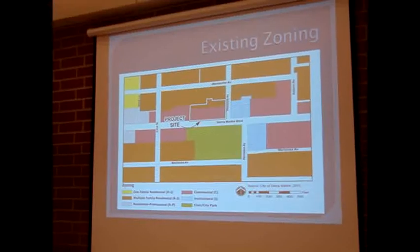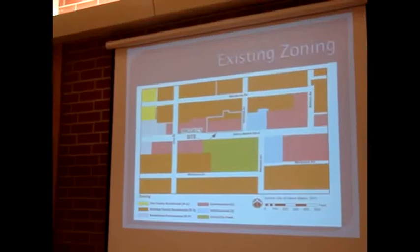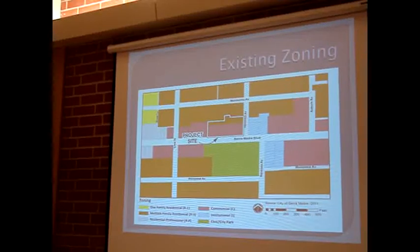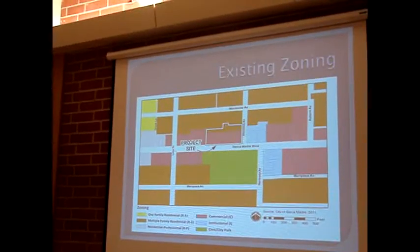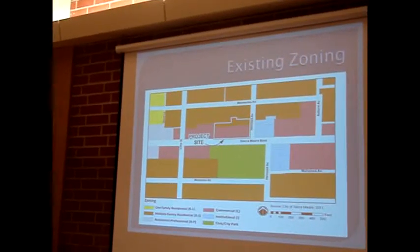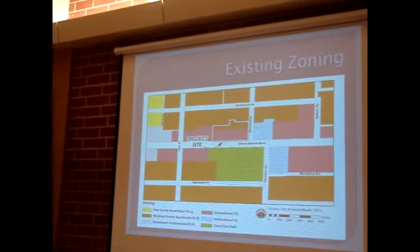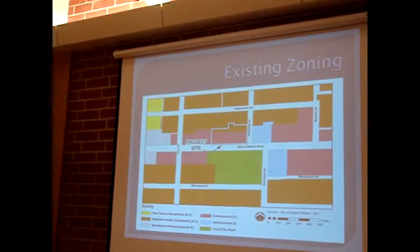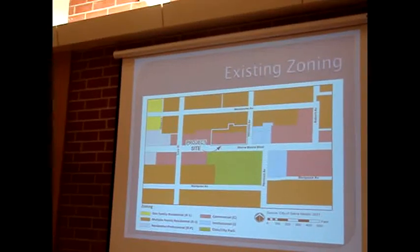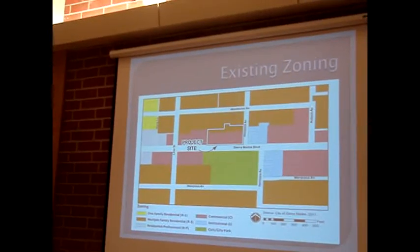Now, the city's general plan requires that any project on property that exceeds 1 acre in size requires the adoption of a comprehensive plan or a specific plan before that project can move forward. It's been my experience that a comprehensive plan or a specific plan for a project property size of 1.84 acres is a little unusual, especially in a situation where you only have one use. But in this particular situation, because we have a split zone on this property, it actually works in our favor